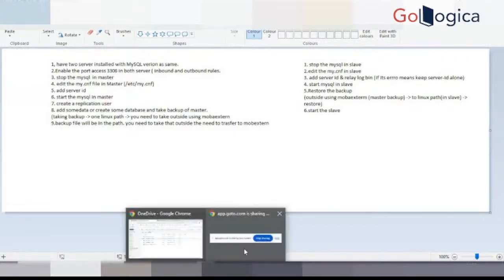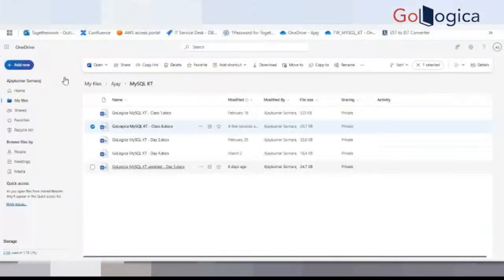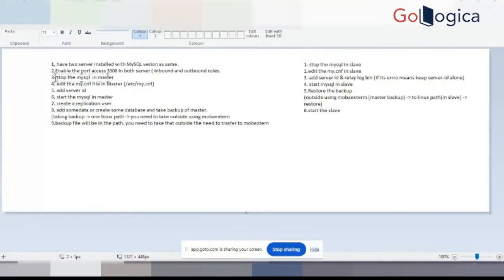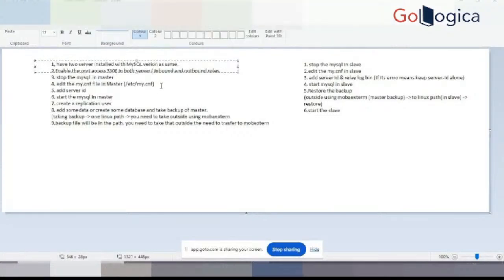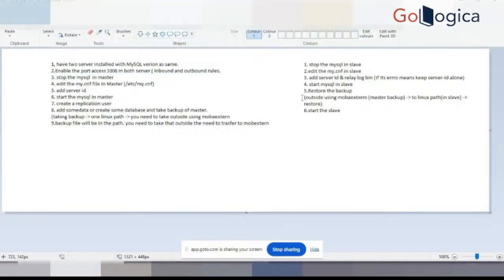I'll try to do this one. And also, can you explain the different errors? Just stopping MySQL and you need to add the server ID. Start the MySQL. You will create a user and these things. The port access and these things are all done by the application team, sorry, DevOps team or AWS team, whatever server team is there. They will give the two servers with the port access. They will give everything. You just need to install MySQL on both servers, then add a separate server ID on both servers, then run this procedure same as I have explained. Maybe the issue where you may face